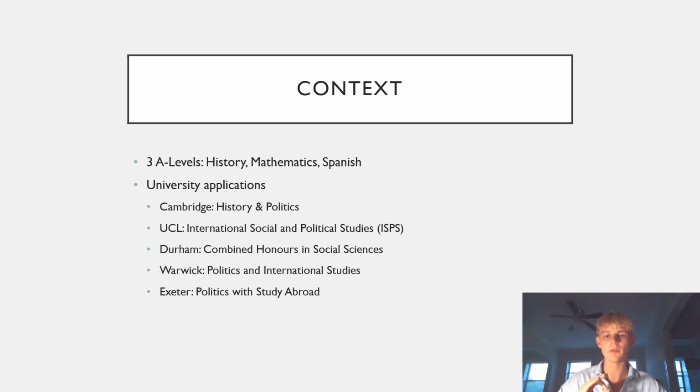Now this is important because I assume a lot of you are going to be in the same boat that I was back then, in that you're applying for one thing at Cambridge and then something else at a lot of other universities. For politics students especially, I know this is probably fairly prevalent given that there isn't any straight politics course at either Oxford or Cambridge. You're probably either looking at history and politics or HSPS at Cambridge, or history and politics and perhaps PPE at Oxford.